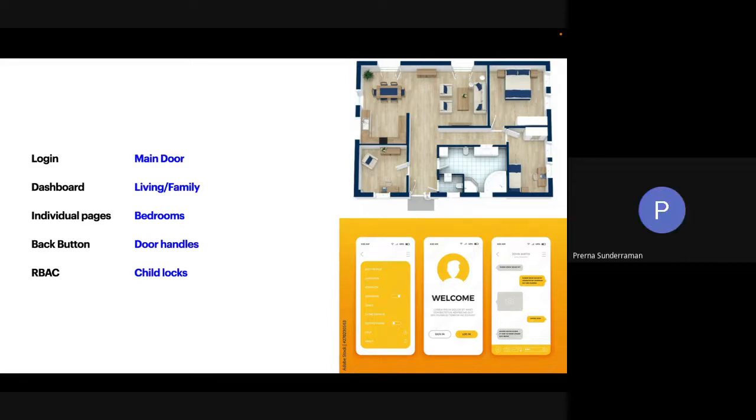Oh, Grace has a question on the chat. She says, "What if you have a corridor?" It's a good question. I think a corridor could be more like a breadcrumb, where you're literally trying to get to a certain part of the app, but you have to go through a long process. So maybe you're doing multiple clicks.